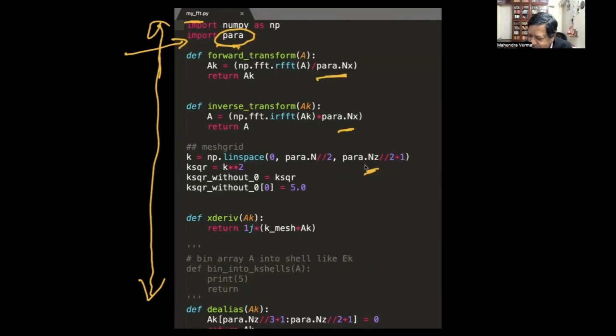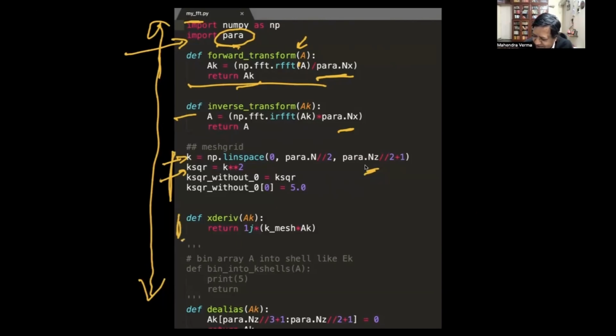Okay, so we have the forward transform. This is 2 lines: given an array A, the argument, I divide by n, my definition is a bit different from the standard FFT definition, and return Ak. Then the inverse transform. We also give the wave numbers k, and we need k square. I just define them for my need.